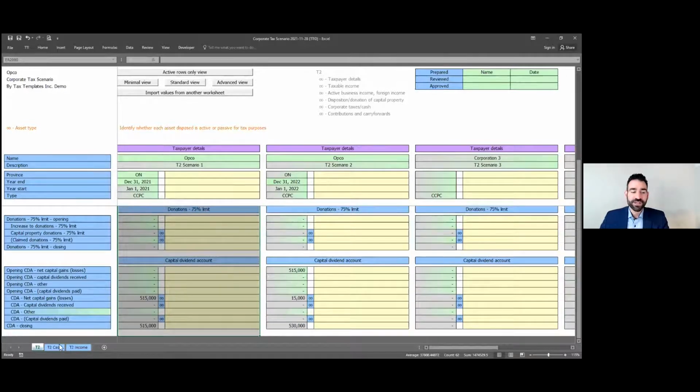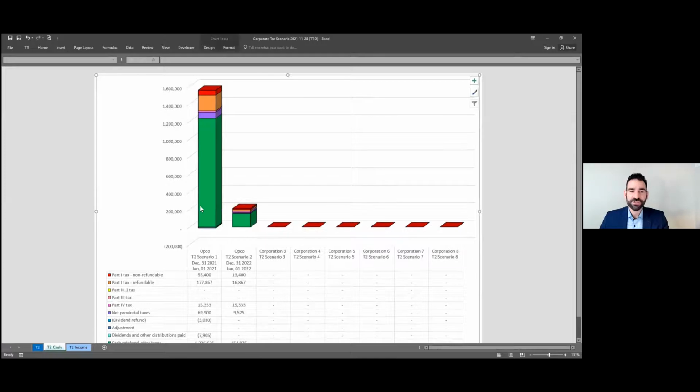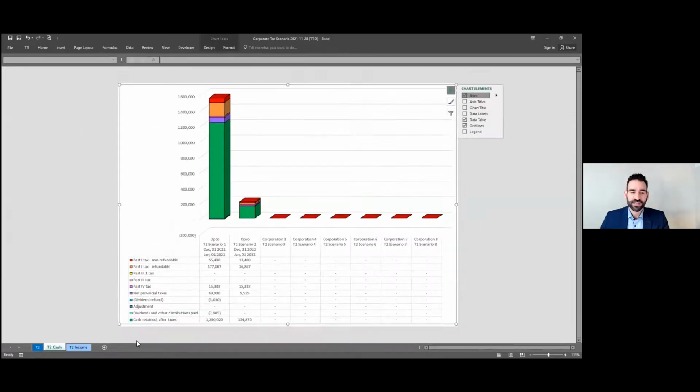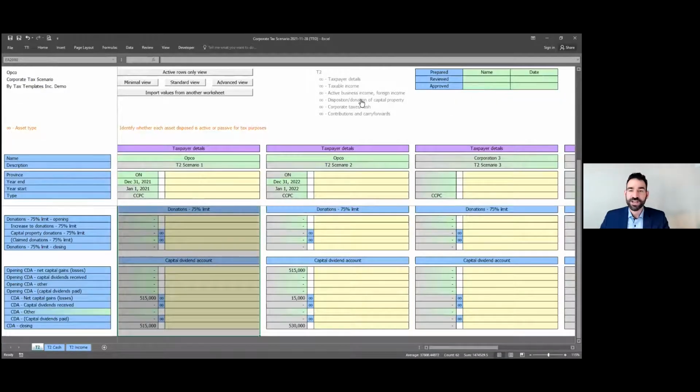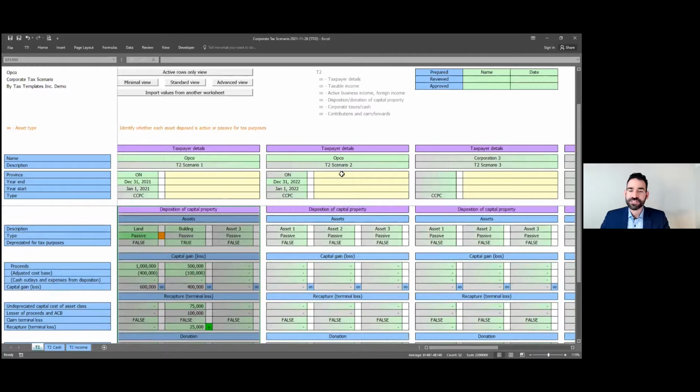So similar to the first worksheet I showed you, we have two tabs here, which are going to give you charts that are going to highlight the results for you. So we have a T2 cash and we also have a T2 income. So again, a great way to show your clients a breakdown of those scenarios. We did a multi-year plan here, but you can also use this worksheet, of course, if you were disposing of assets, you can look at different asset prices and see the impact of